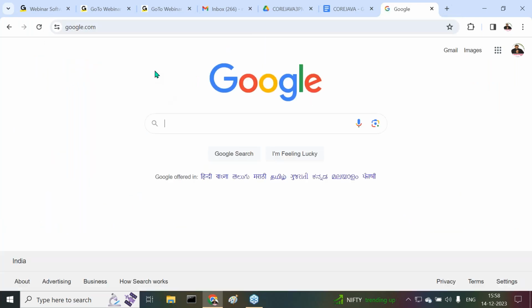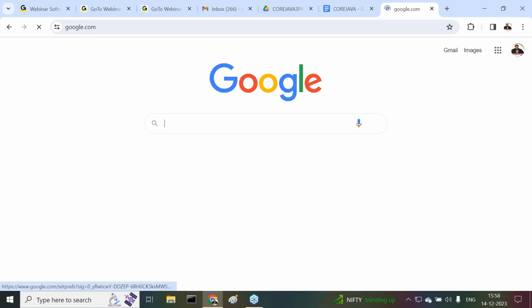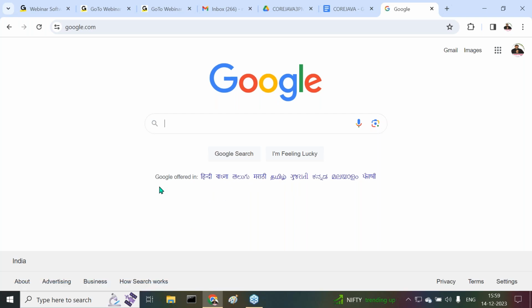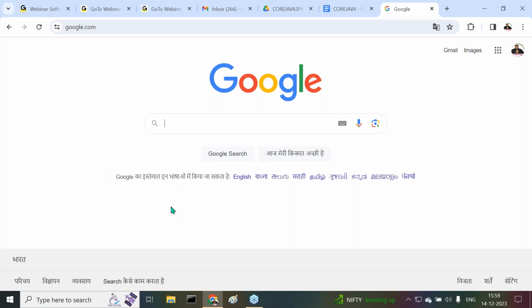Now see this one. Google, here we are getting it. At the bottom we are getting different links. Please check this one. If I click on Hindi, the total page will come in Hindi language. If I click on something else like Marathi, the total page we are getting in Marathi language. If I click on Kannada, for example,